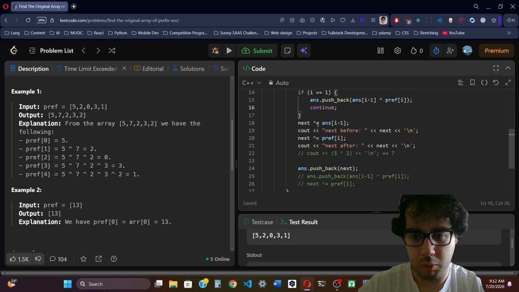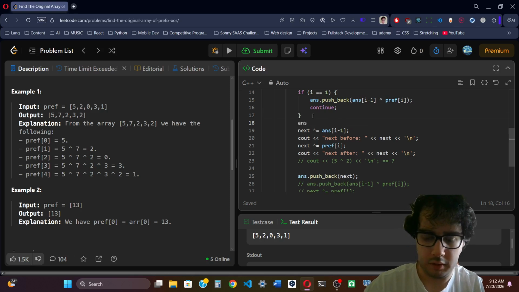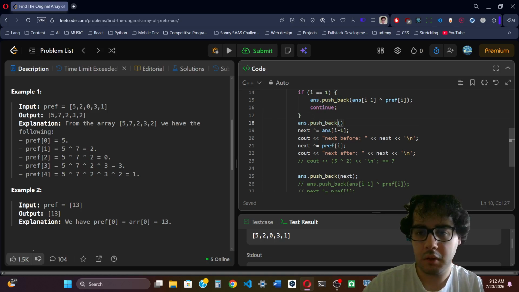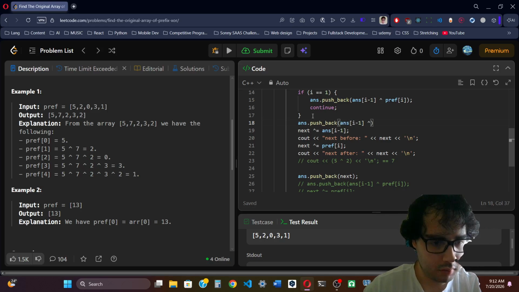I'm gonna continue. Otherwise, I'm gonna do as dot push back as I minus 1 XOR with